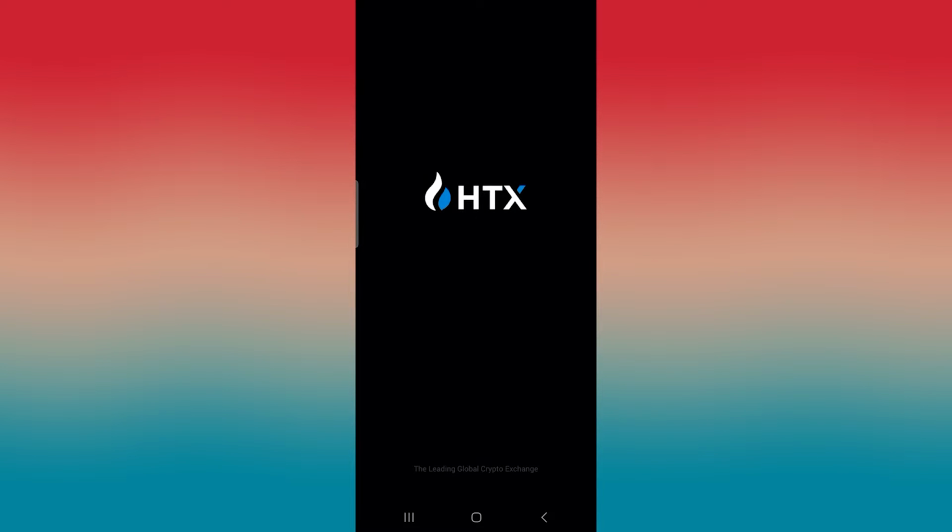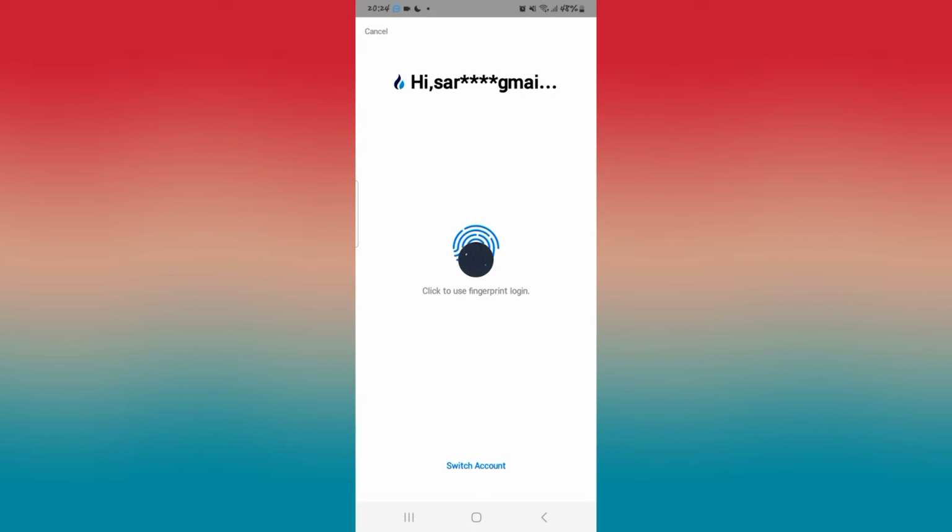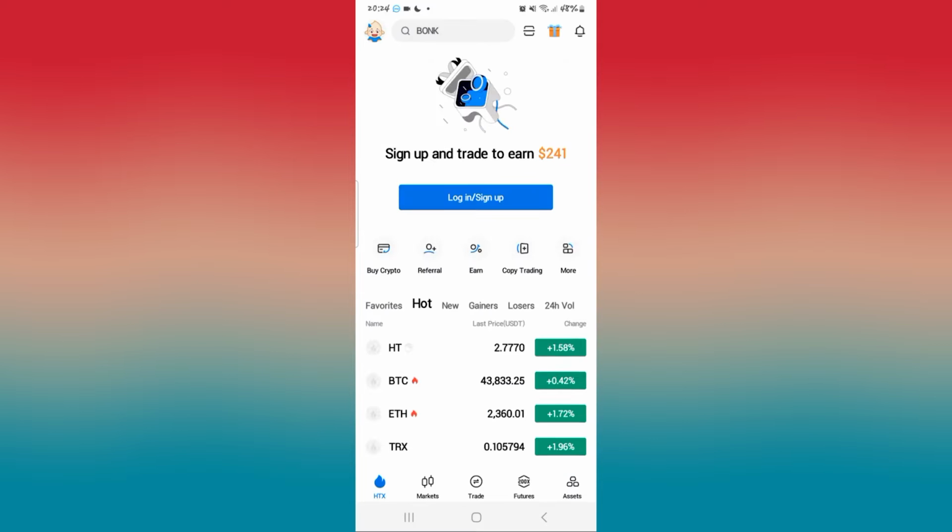And if you haven't logged into your account already, you might be asked to either use your biometrics if you have set it, or you will be asked to enter your credentials, including your email address and your password to log into your account. Now, once you have logged in, you will be taken to your home page, from which,